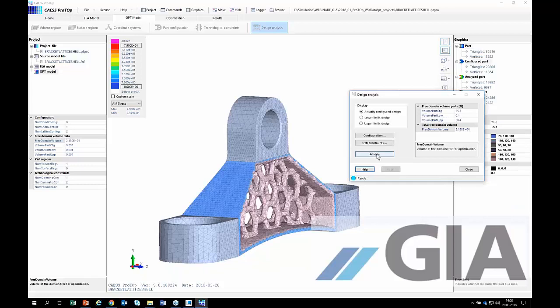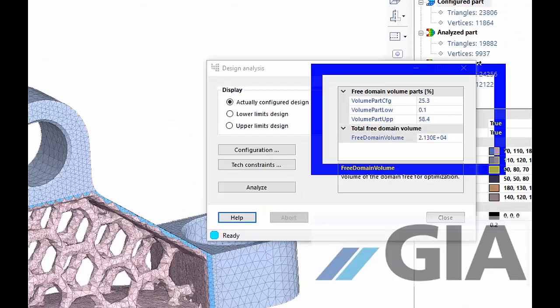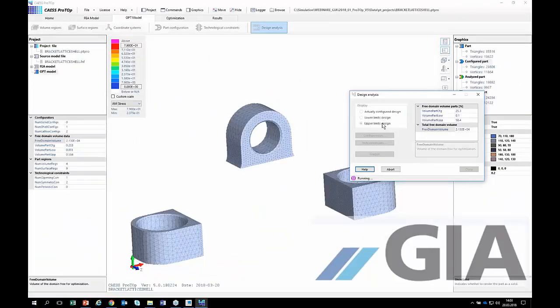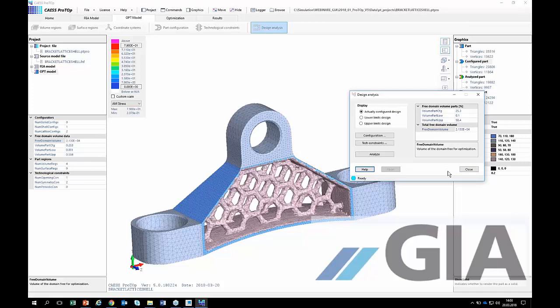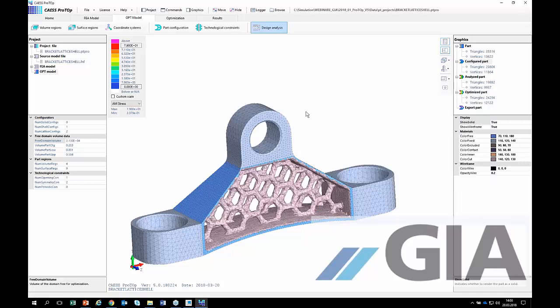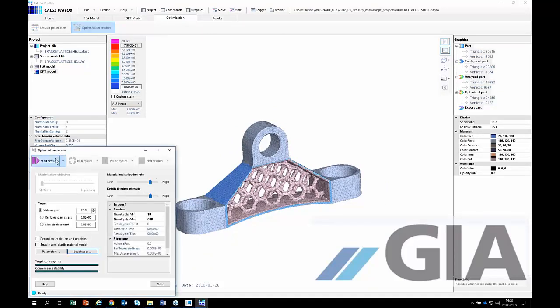Now here I can see, let's say, minimum or actual configuration. That's the actual configuration. We see here the volume, and of course here we see the lower limits, and we see the upper limits. And let's go back to the actual configuration. With that actual configuration, we are going for our optimization session, and we're starting the optimization session. Right now, our target is maybe to reach